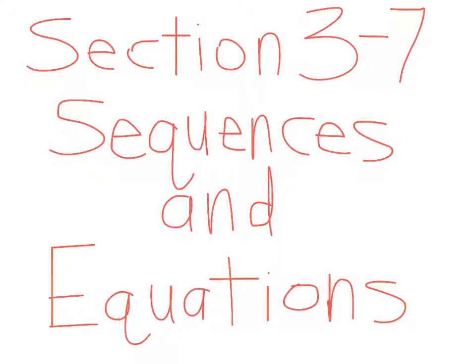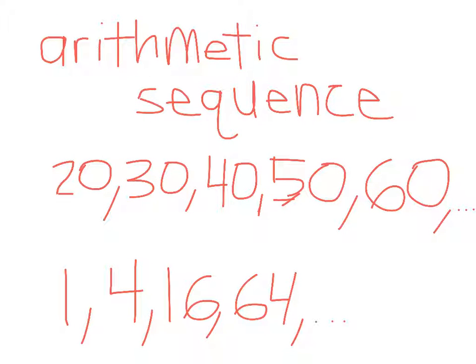All right, section 3-7. This is called sequences and equations. All right, so what we have here, if you're on the first page there, it gives you the sequence of numbers 20, 30, 40, 50, and 60. And the one thing I want you to see here is that